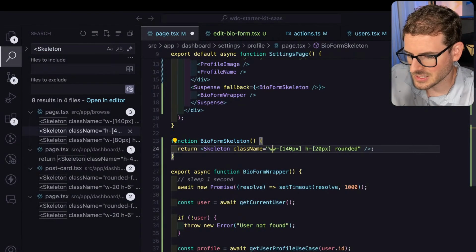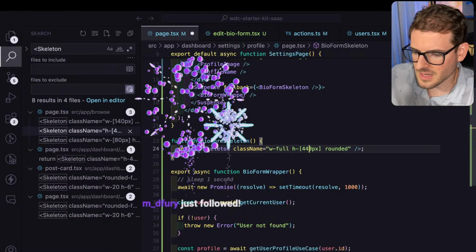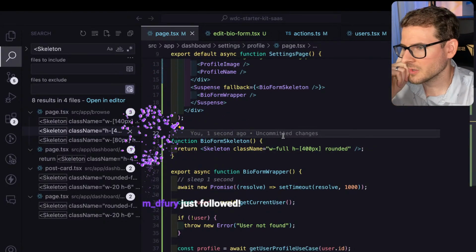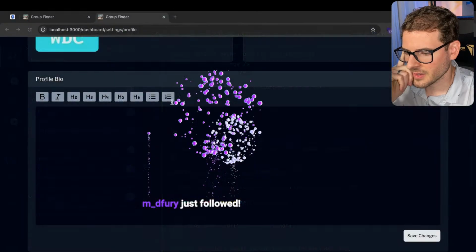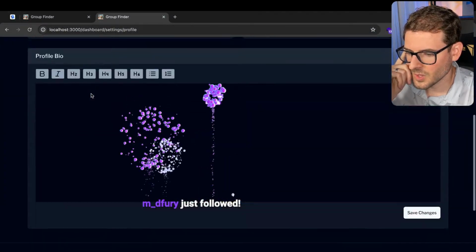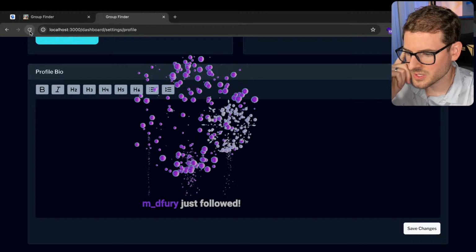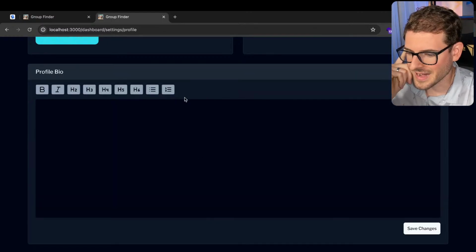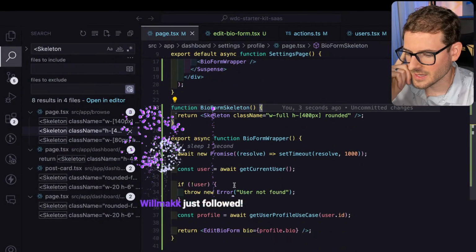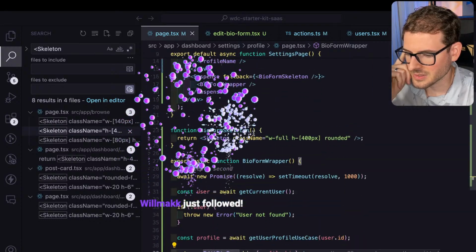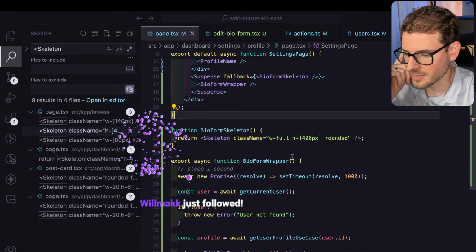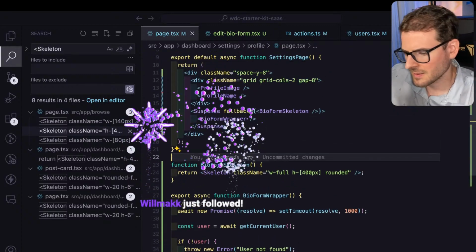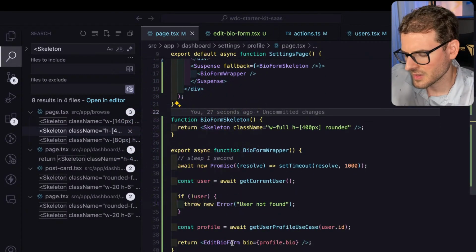Okay, so this skeleton needs to be width of full for sure. And then the height. Something I'm still trying to figure out is, hey, thanks for the follow. I want to figure out how to make it so I don't have to, you see there's content shifting, and there's always going to be content shifting unless I can hard code the height of this. And so what I find is that you end up putting this hard coded height in different places, and then you update it later on. You forget to come back and update the skeleton. And yeah, see, now that I'm thinking about this,